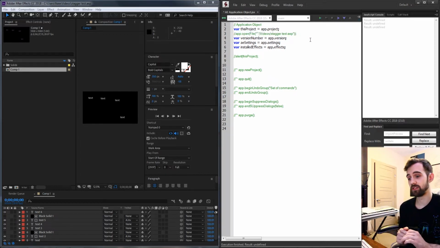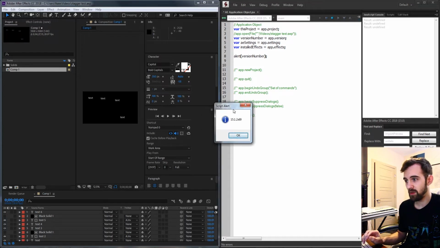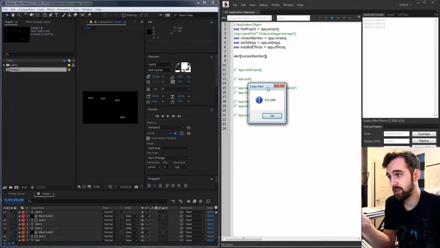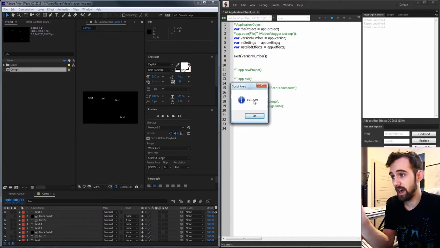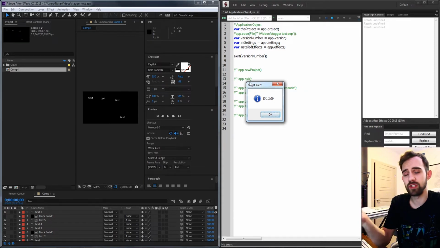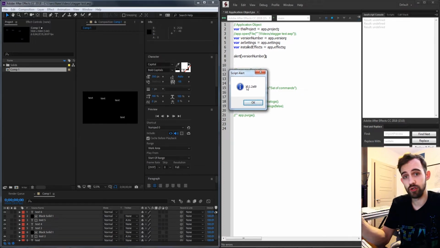Another cool thing is we can access the version of After Effects. So let's go ahead and say app.version, and we're going to alert this variable that I've assigned it to. And you can see we get 15.1.2 times 69. This is going to give you the format in a little bit weird of a way, but what you can do is essentially grab this string here and take everything before the X, and there's your version number. So the most useful way of using this inside of your scripts is if different versions have different compatibility and your script needs to have different functionality for the different versions. For example, some versions of After Effects have Adobe Fast Blur, some just have Fast Blur, and you may want to add an if statement or a check to check what version you're using so you can make sure you